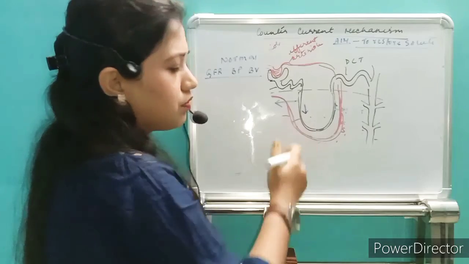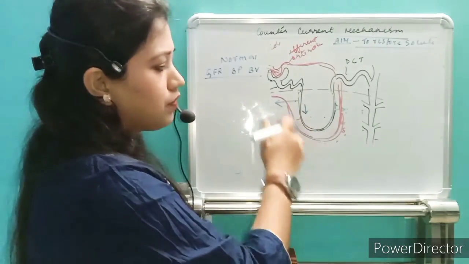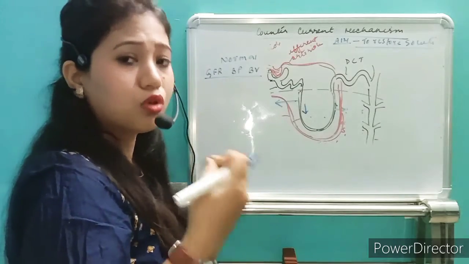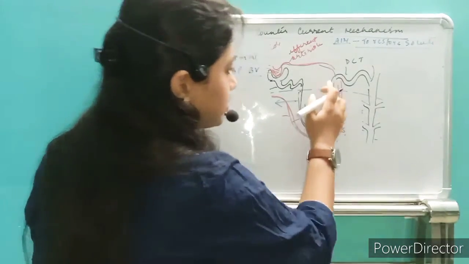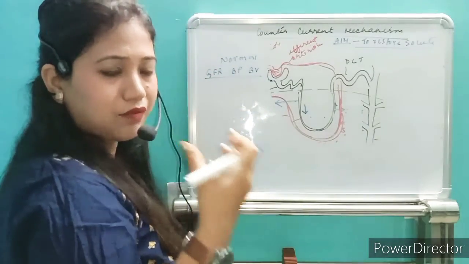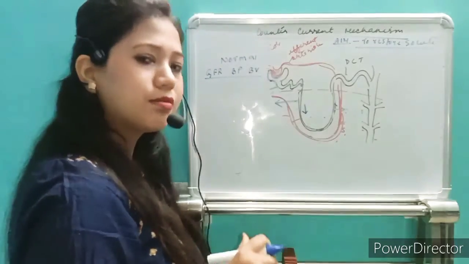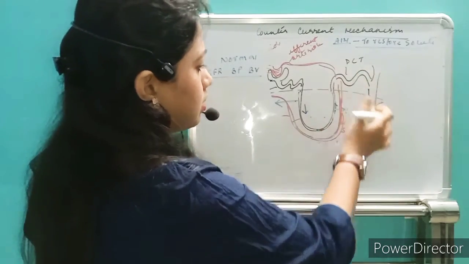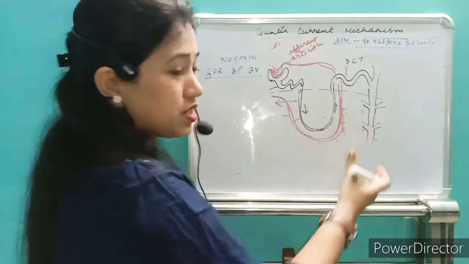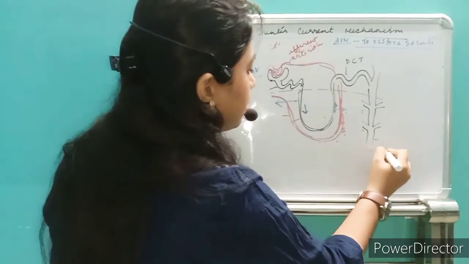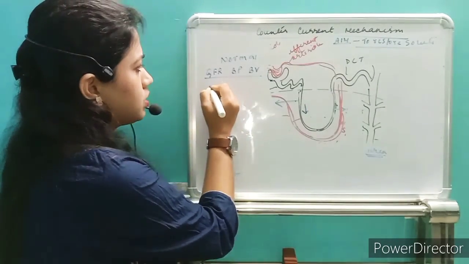So inside this, if this is the descending loop of Henle, the nephric filtrate gets more and more dense or more concentrated. As we are going upside, the nephric filtrate will be hypotonic, meaning the excess solute will be taken up by the medulla. So that's how the collecting duct will collect all this waste product. That means basically the urea will be removed outside. So this is the normal condition.